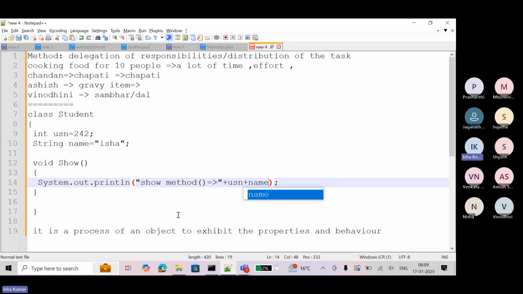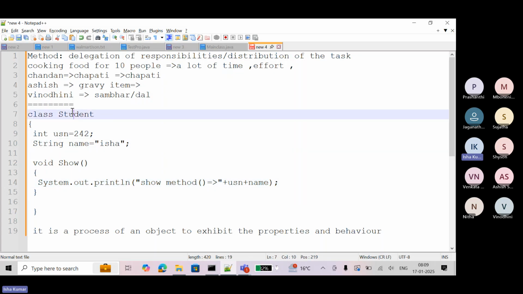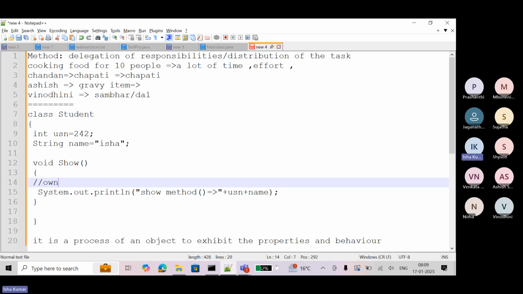So it displays the behavior and fetches the information of the student object class, right? Is it clear? And inside this, you can write your own logic within this context.